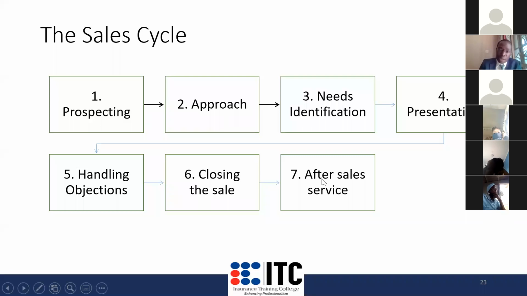So our last is after sales service. After sales service is as critical as the first one. The first one is prospecting. If you don't prospect, there are no sales. There are no people you're going to convert into business. So the more you prospect, the more money you get. But now, after sales service, you've gone